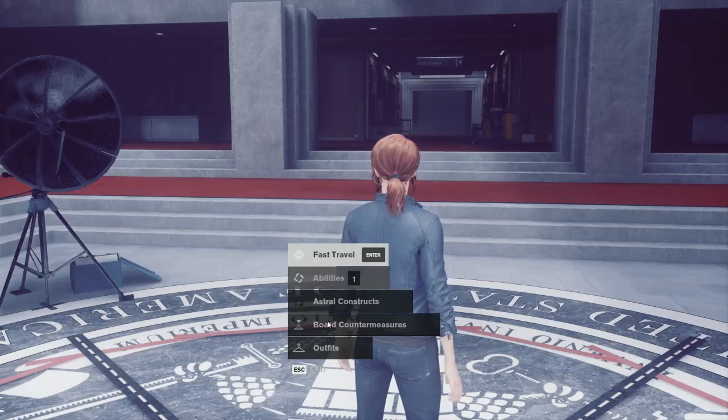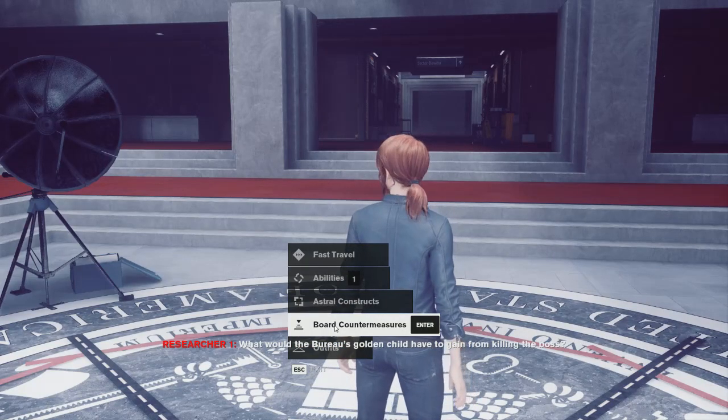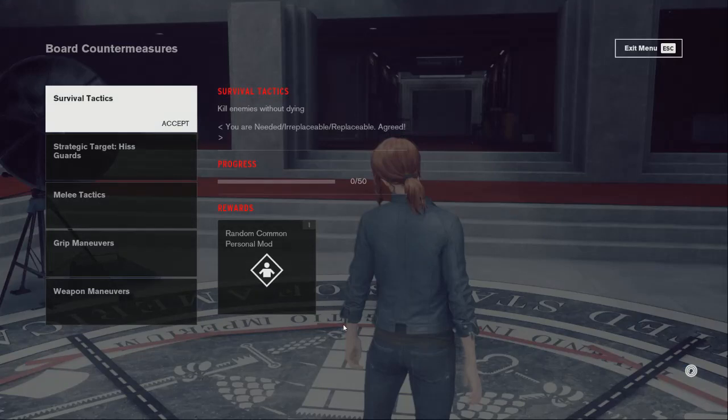Think, Darling. Don't be stupid. What would the Bureau's Board golden child have to gain from killing the...